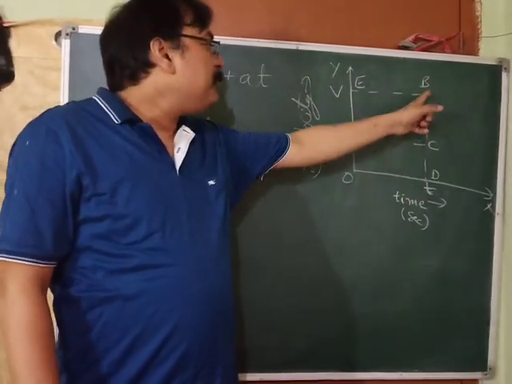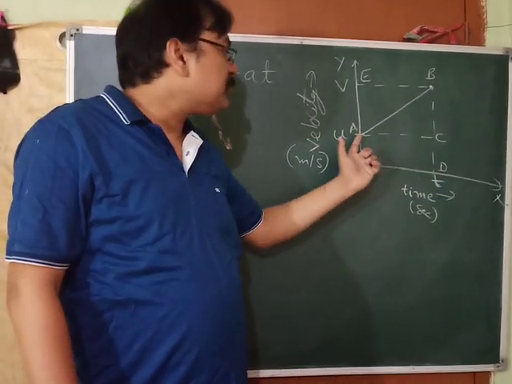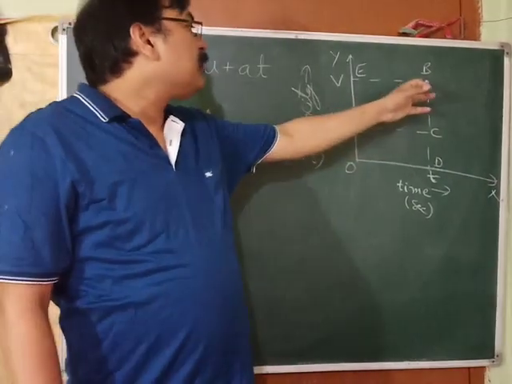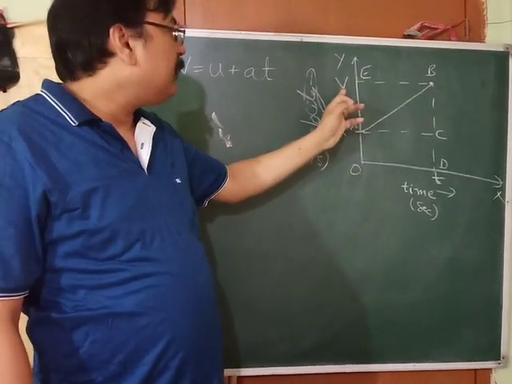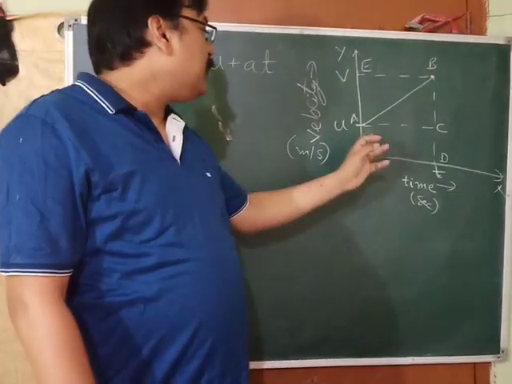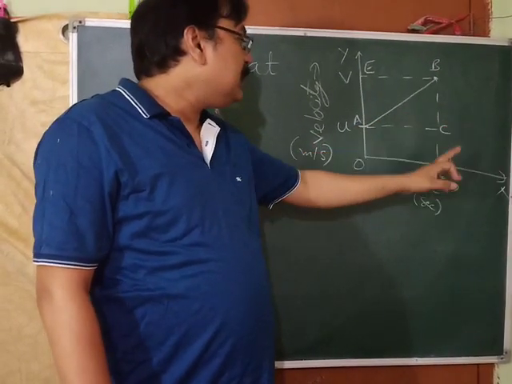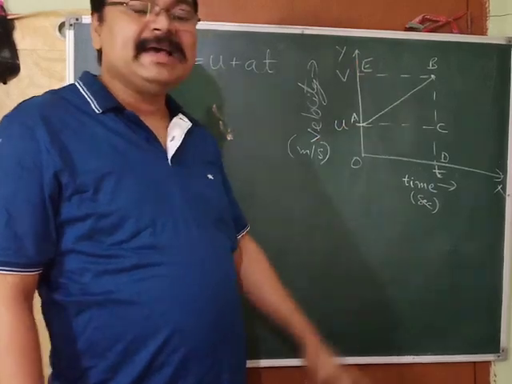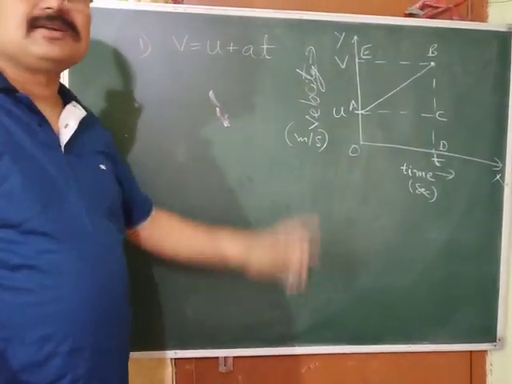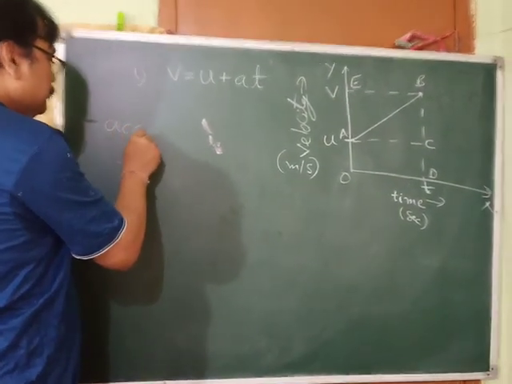Now this is the graph A to B. From B we can draw a perpendicular to find the time for which the observer observed the vehicle, that is time t, suppose. And we can draw a perpendicular here to find the value of velocity v. We have also drawn a line AC, and marked these points A, B, C, D, and E. Now what do we need to find out? In our equation, acceleration is there. Now what is acceleration?